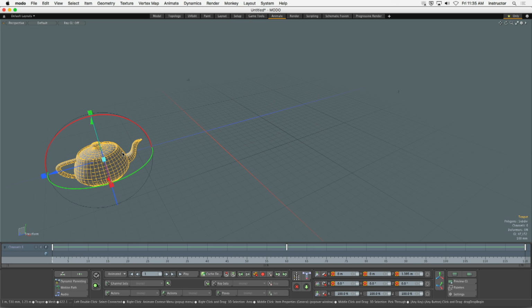Now, if you'd like, you can hit the S key. S for soccer or September. The S key is the keyboard shortcut to keyframe the selected channels. If the item transform tool is on, technically all those channels are selected, and it's a fast way to key everything. In addition to that,